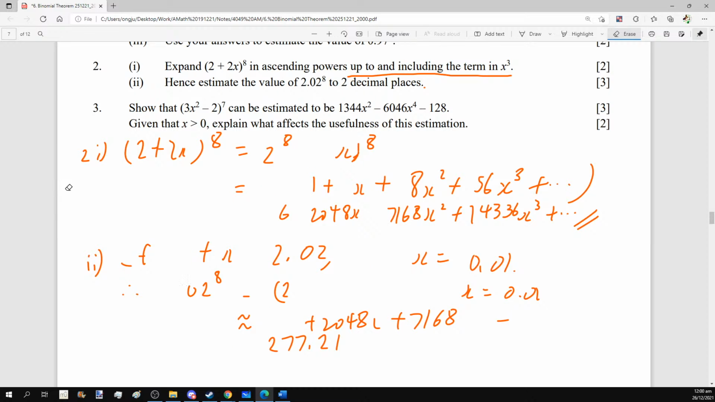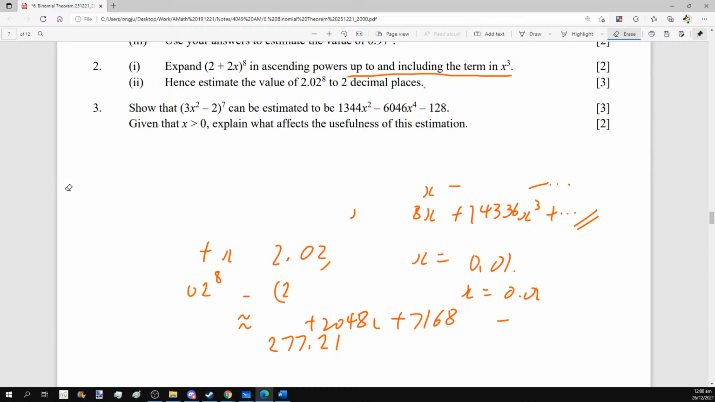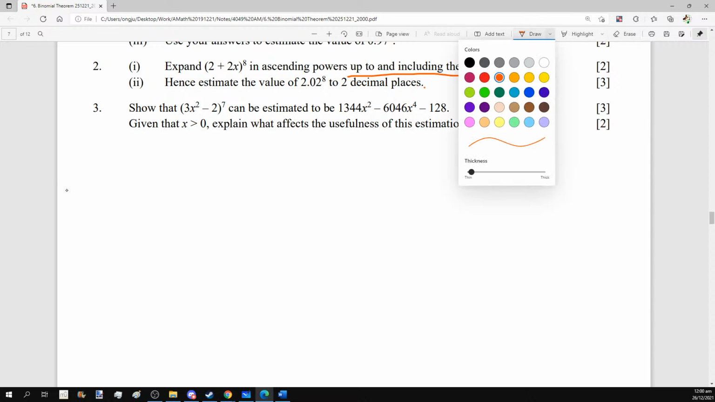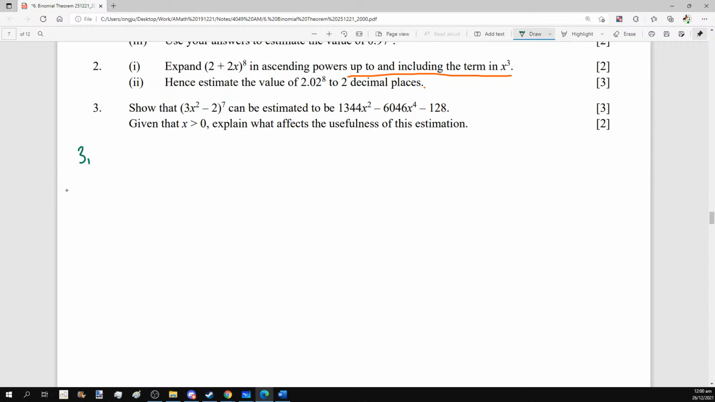So the next problem asks us to show that we can estimate (3x squared minus 2) entire thing power 7 into x squared, x4, and then a constant. So in this case, the fact that the constant is over there means that we must be counting from smaller powers and then to bigger powers. So in order to make sure that we are indeed counting from smaller powers, what we are going to do is, before we invoke binomial theorem straight away,